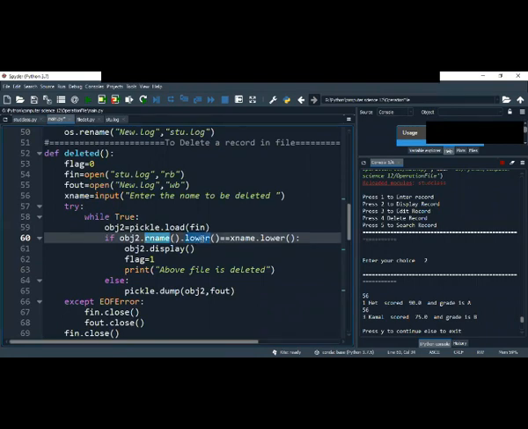I made it lower because someone may enter in any mode; it should be converted to lower or upper, whatever you want, so that there is no confusion that he has written in small letter, it became capital, capital is small. If I don't write lower at both ends, we need to enter the exact same name in the same case so that it can be deleted. So I converted both of them to lower. So whatever value I entered, they will read in lower mode.